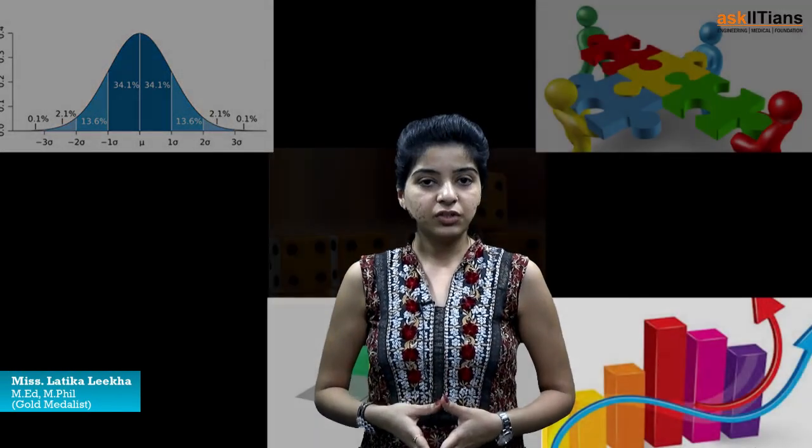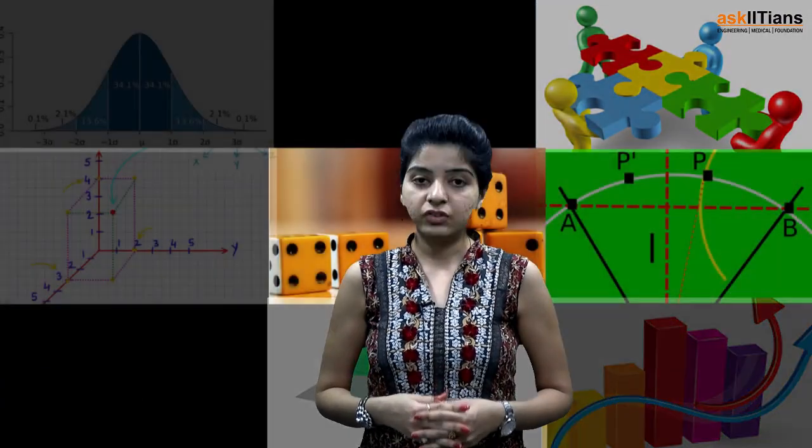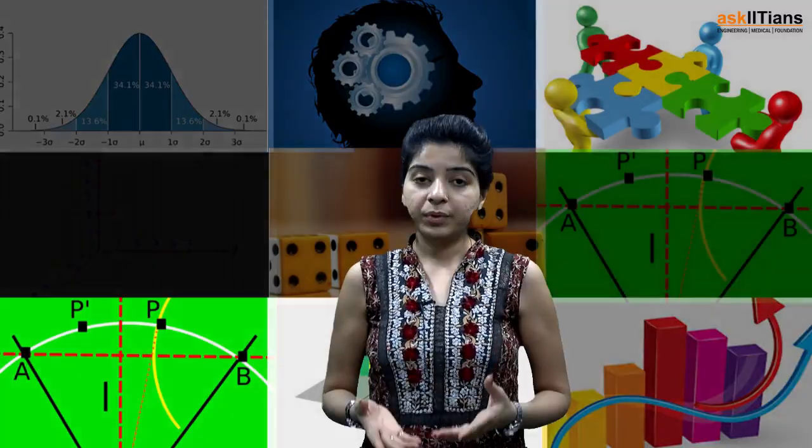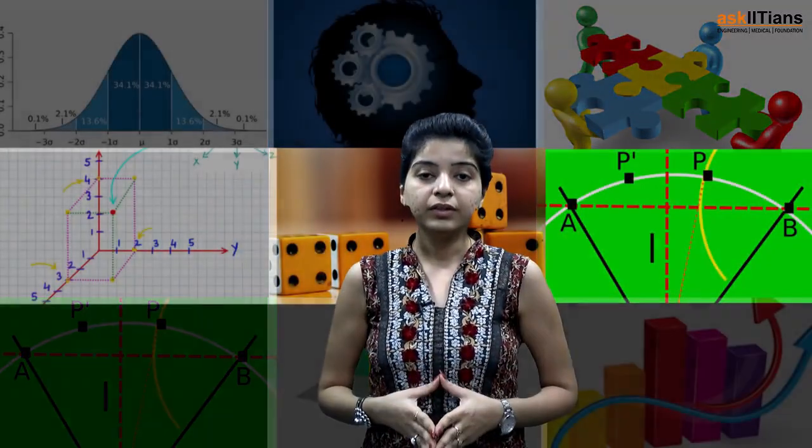Hello students, welcome back. So now in this session we will be discussing the concept of disjunction, that is OR. You will get to know how we prepare the truth table for the OR operator, and then we will also discuss the difference between inclusive OR and exclusive OR. Since there is a very minute difference between the two, just be a bit careful. And then finally we will be discussing the concept of negation, and the truth tables for the same. So stay tuned.